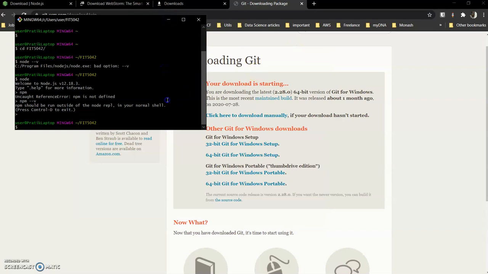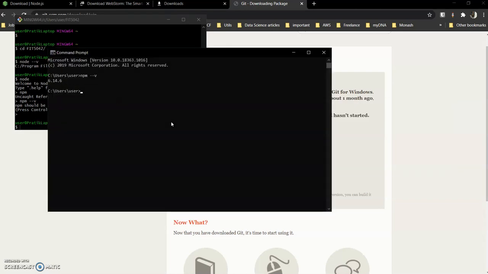So now we move on to our folder and install the Angular CLI.